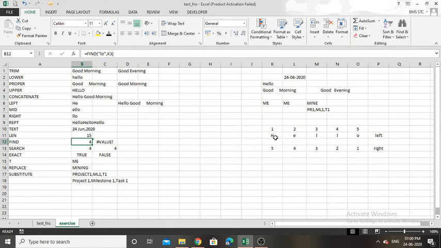Because it will compare the first letter with LO. It will check whether H is equal to LO. Is it? No, right? So it will omit. Next index E, whether E is equal to LO. It is also not. So this will also be omitted. Next is L. Is L equal to LO? It is partially correct, right? So the index 3, this L, will be queued. That means it will be temporarily saved in a buffer or a memory. So 3 will be queued, and it will check the next letter, whether it is O or not.